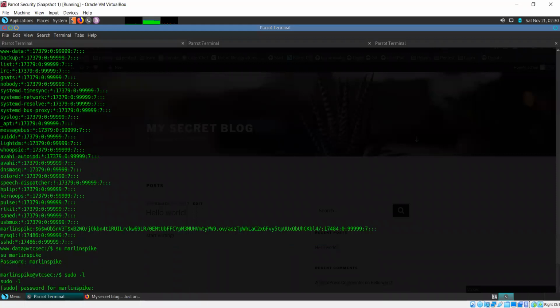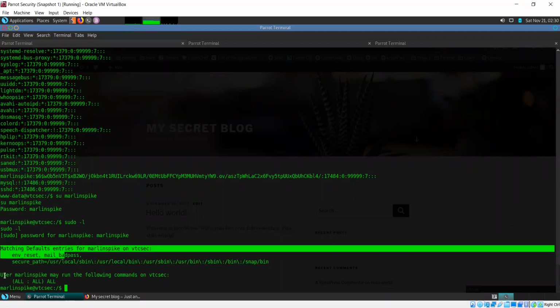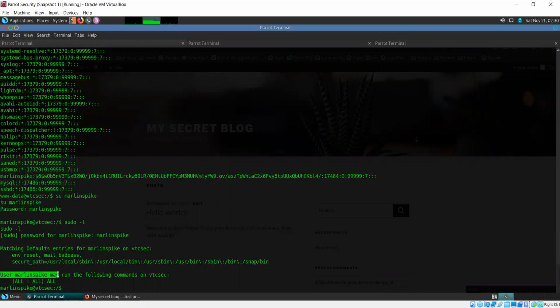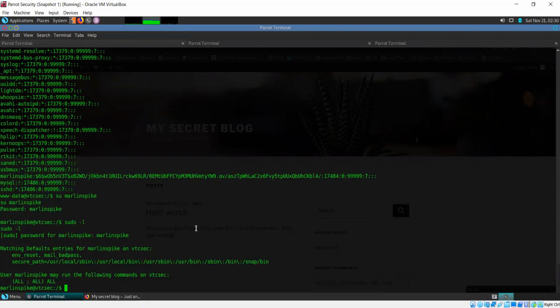So let's run sudo -l and it will ask you the password for the user account. We know the password. Okay, this is what is important: user Marlin may run the following commands on VTC sec all. This means that this user can run every single command on the system with sudo.